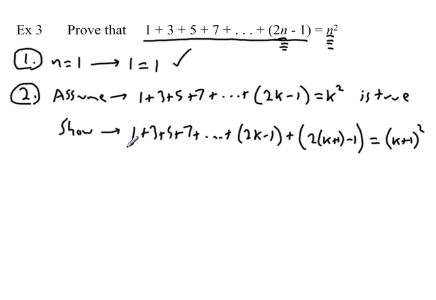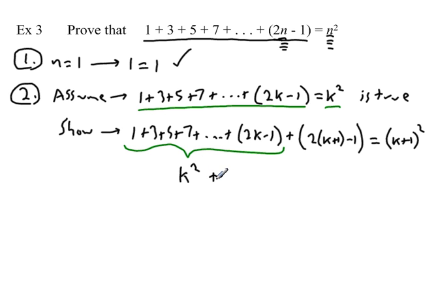Now how on earth are we going to show what's on the left is equal to what's on the right? All right, here's the key step coming up right here. All of this stuff right here is the same as all of this stuff above. Now if we assume what's up here above is equal to k squared, we can make a substitution right here and say all this stuff down below is still equal to k squared plus. Now let's bring everything else down. But while we do, we might as well simplify some things. So I'm going to write this as 2k plus 2 minus 1. So that's all of this